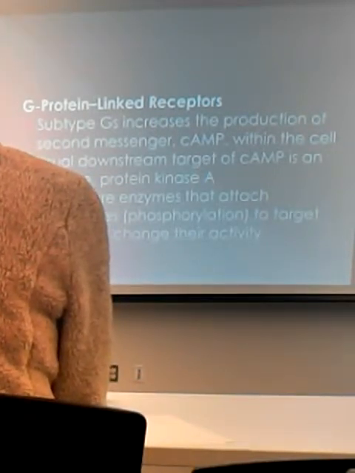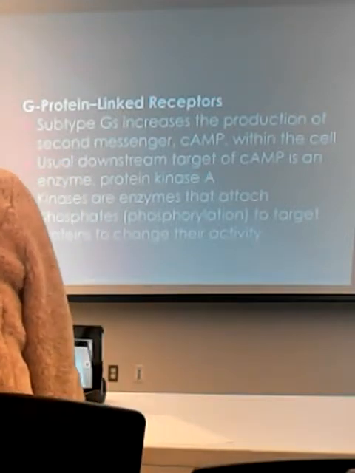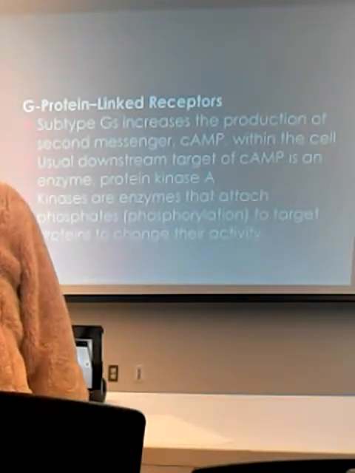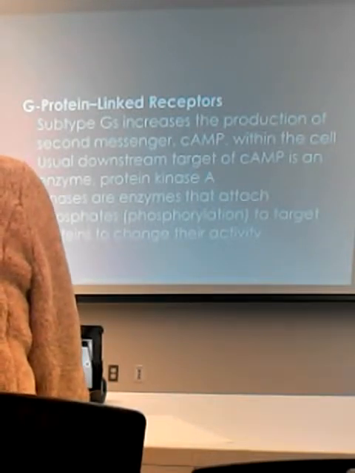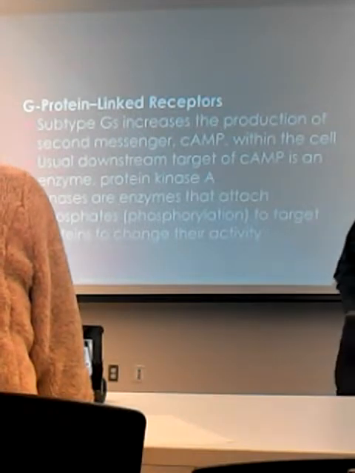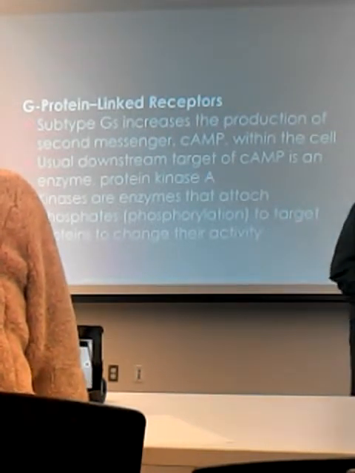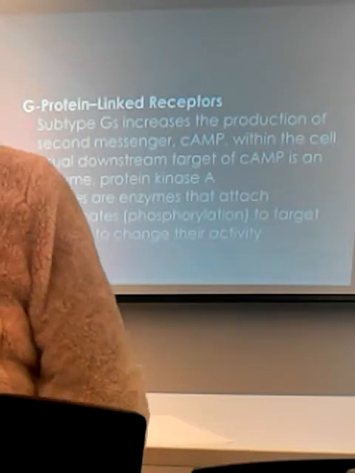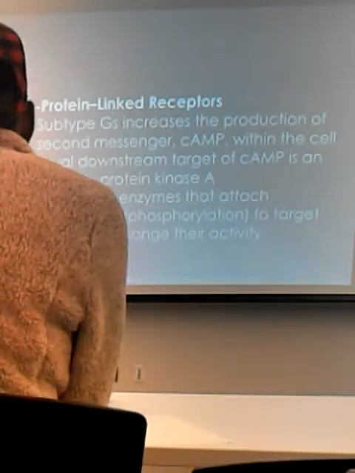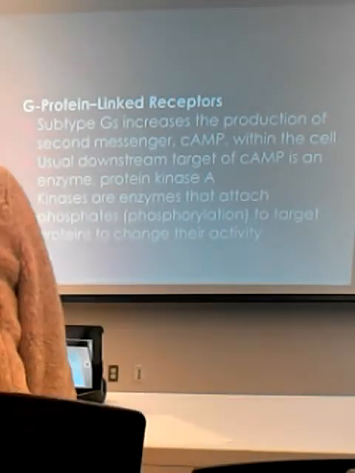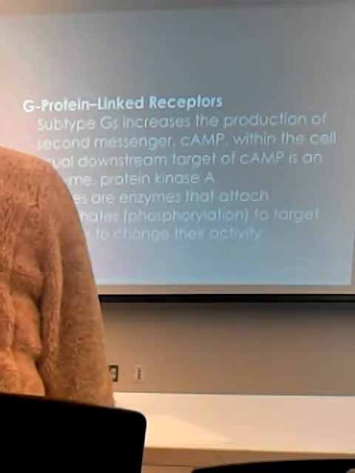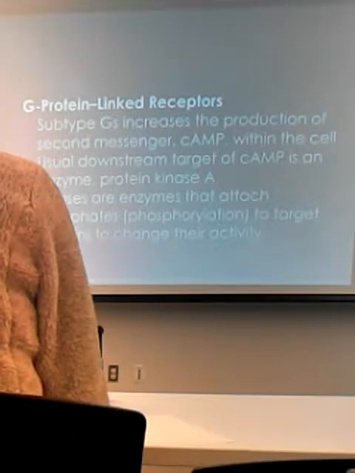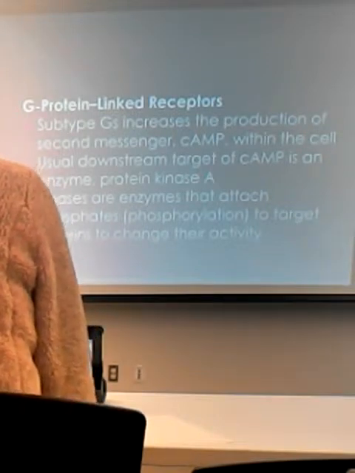The secondary messenger is cyclic AMP. What does cyclic AMP do? It activates protein kinase A. Do we have to know it? I'm spending time talking about it, of course you have to know it. So, Gs-linked water-soluble protein receptors activate their secondary messenger, cyclic AMP. It activates protein kinase A.